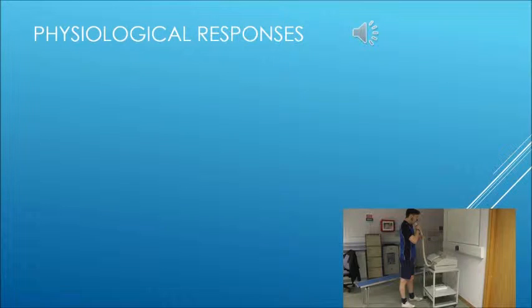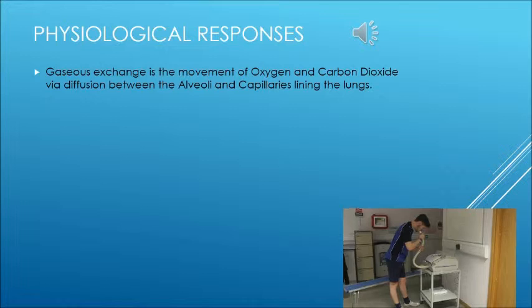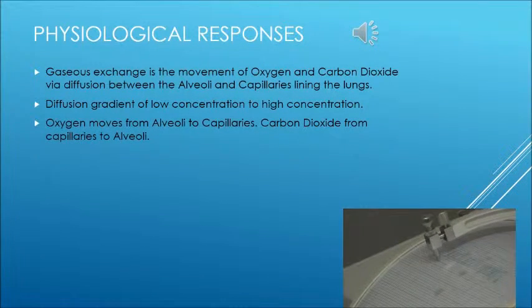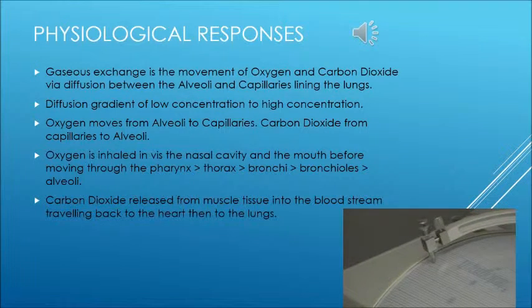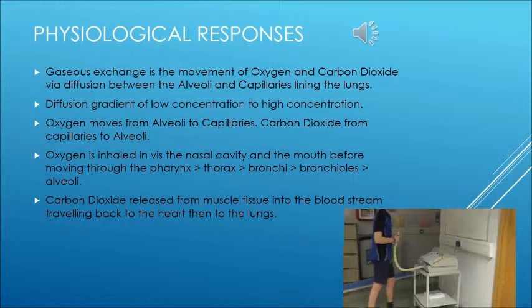Diffusion is the exchange of CO2 and O2 between the lungs and the capillaries that line the lungs. Carbon dioxide is released from the muscles and is transported in the blood to the lungs, where it moves via diffusion into the alveoli to be exhaled out of the body. At the same time, oxygen is inhaled into the body. This occurs through